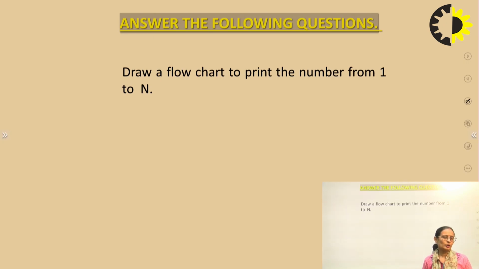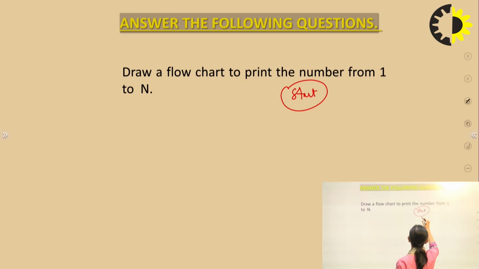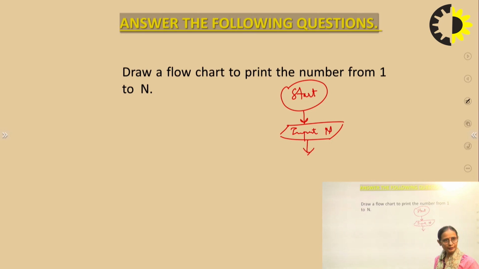Let's suppose we draw a flow chart to print the numbers from 1 to n. So how will we do it? We will start, okay, then print the numbers from 1 to n. We are not aware of n. So we will take the input, and after that we need a variable, with the help of which we check the condition. Let's suppose I is equal to 1. We are starting. So here, I is less than or equal to n, because we want to go and print the numbers till n.